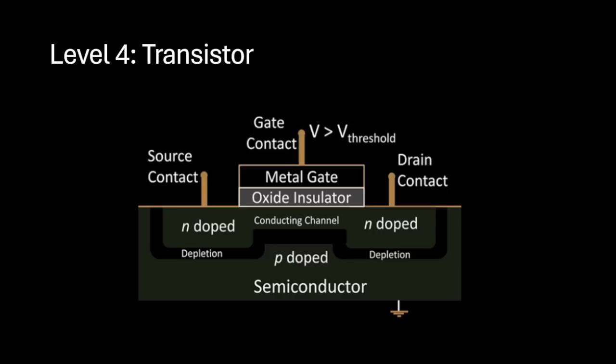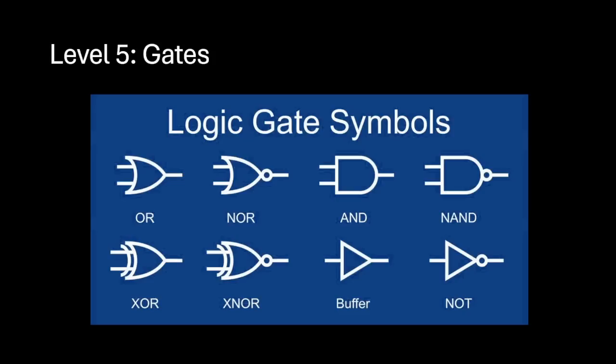Now, you can take these transistors and arrange them in certain ways. For example, if you take two of these and arrange them in parallel, you have one of these AND gates. And if you arrange them in series, you get an AND gate. If you arrange them in parallel, you get an OR gate. And you can arrange them in a whole bunch of different ways and get these different logic gates. And so these are answers to logical statements, very basic logical statements.